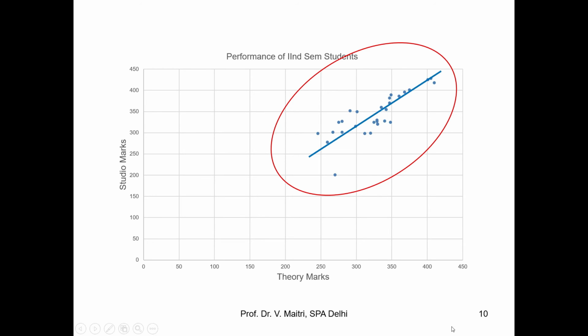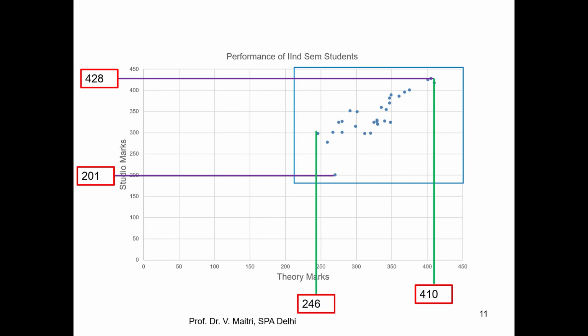So the performance of our second semester students, we are presenting it and focusing on it, and we are able to find out the trend of the marks. Now next is the performance which you are mapping. We put it into one box. We can say straightforward that everybody is more or less able to get more than 250 marks in theory, and in studio the marks are 300. Studio marks are about 240 or something.